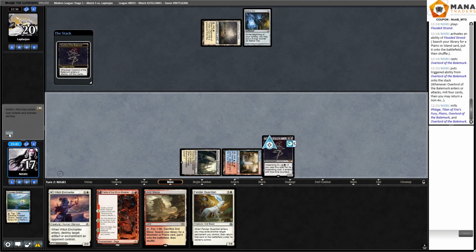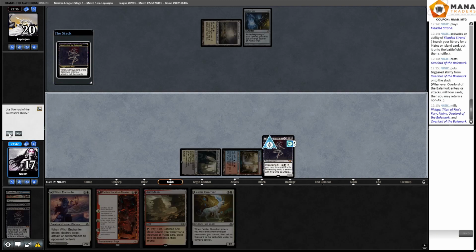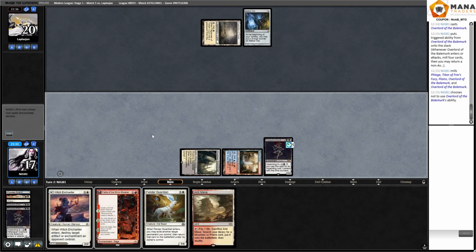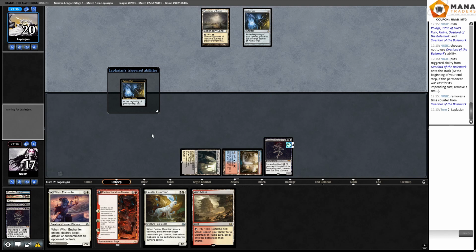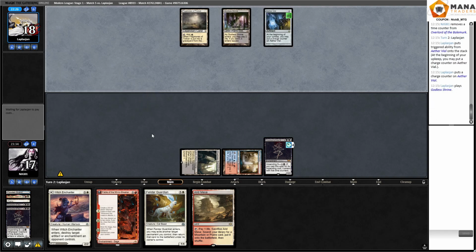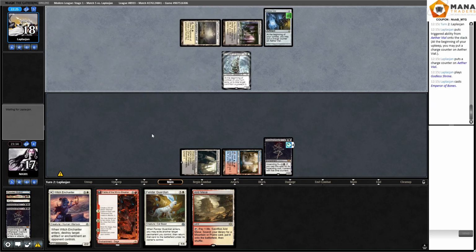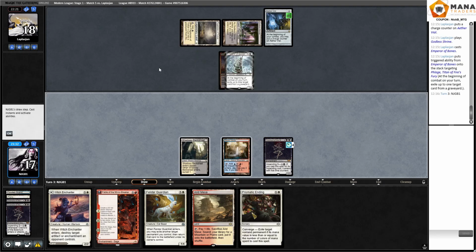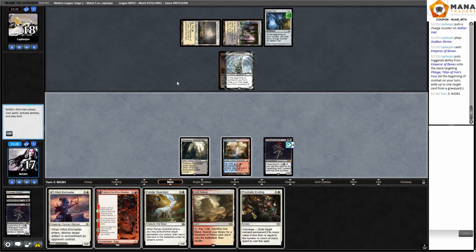Right, Overlord trigger. So we hit a Flage. Do we just want to keep that in the graveyard? No, I think I'm just going to leave the Flage in the graveyard. They play Emperor of Bones, which is actually quite good. They can, yeah, get rid of our Flage. Oh, ending's nice. I'm just going to ending now, I think,